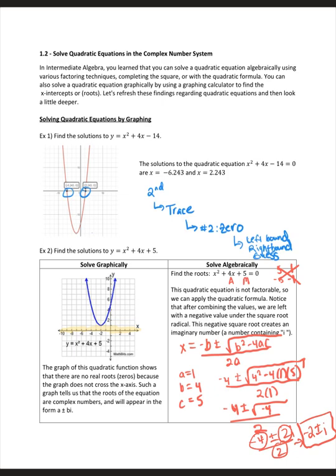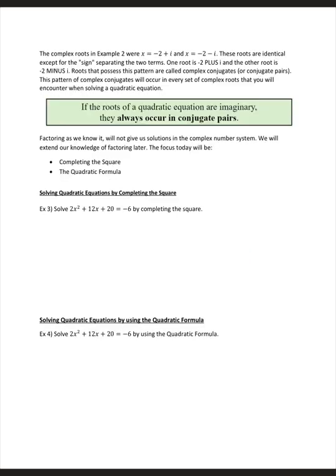And those would be my complex solutions to this quadratic equation. Notice there's two answers here. Negative 2 plus i and negative 2 minus i. So continuing on, the complex roots from this last example, example 2, we found the answers were x equals negative